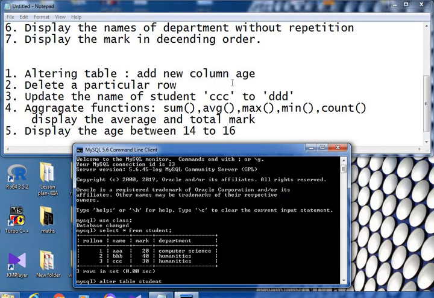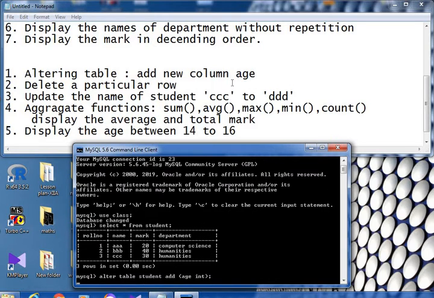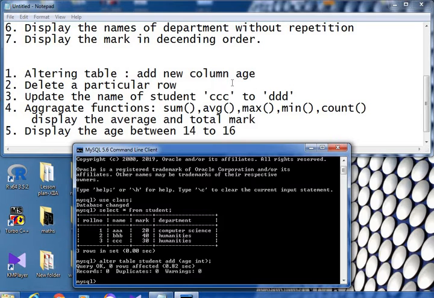Here we are adding a new column called age, so we use the keyword add. Give the name of the column and the data type. Add age int, in brackets. Okay.